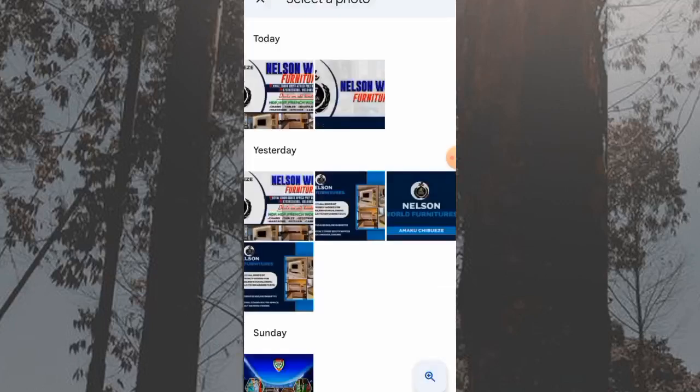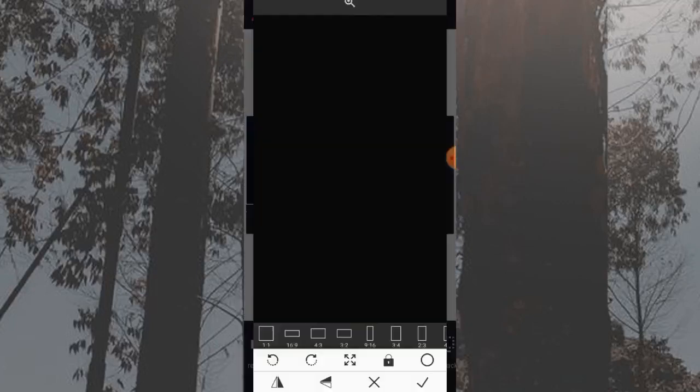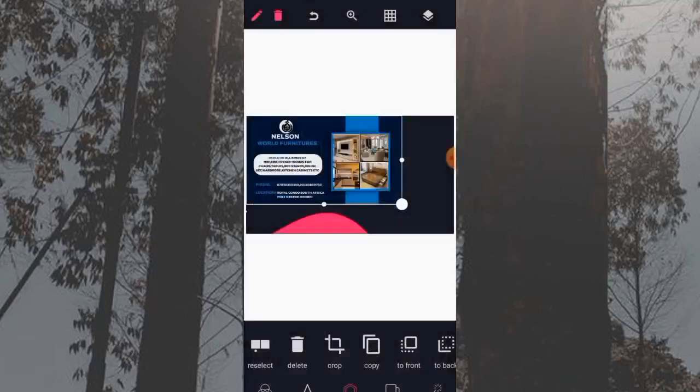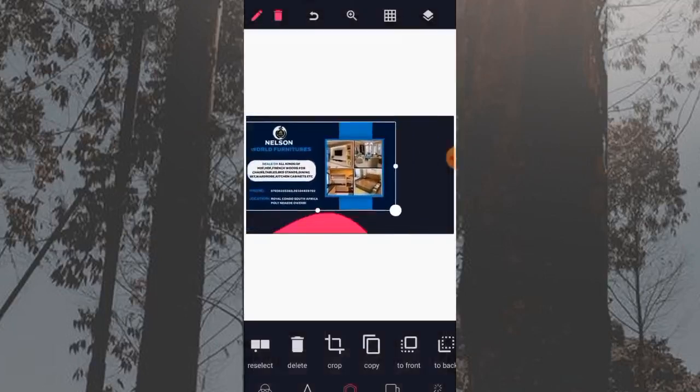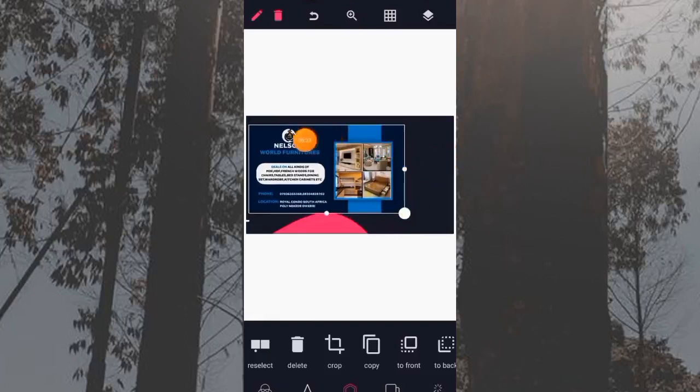So I want to get the flyer. Like this is the back. So this is what we want to recreate. Okay, so let me teach you how to pick color. I want the color of this background to be this. So what do you do? You click on here,